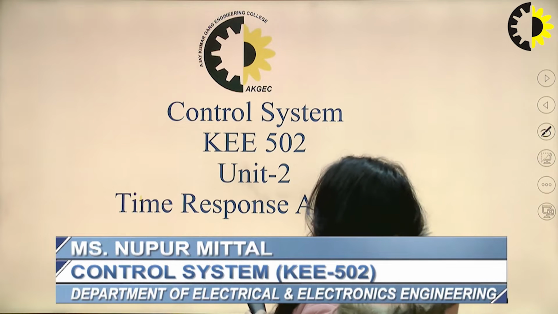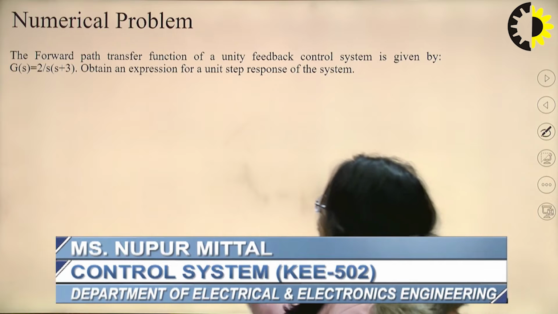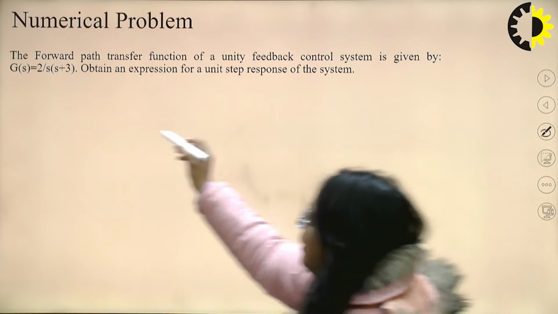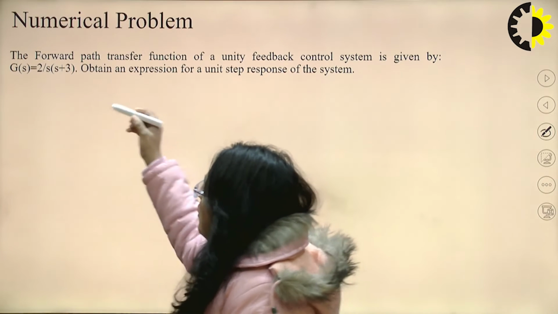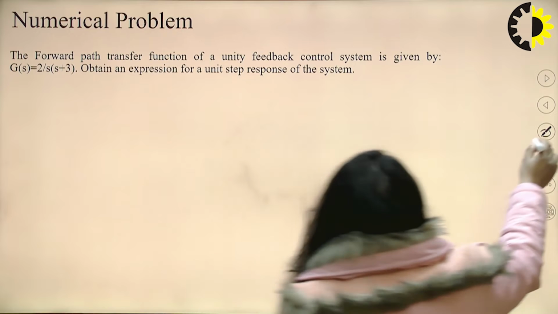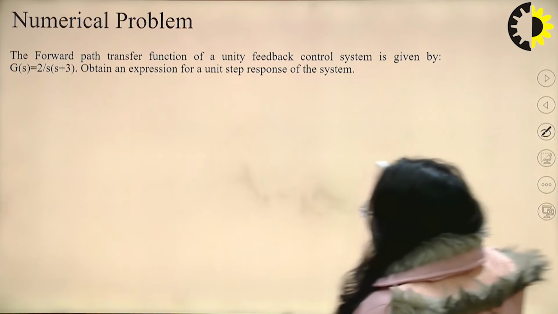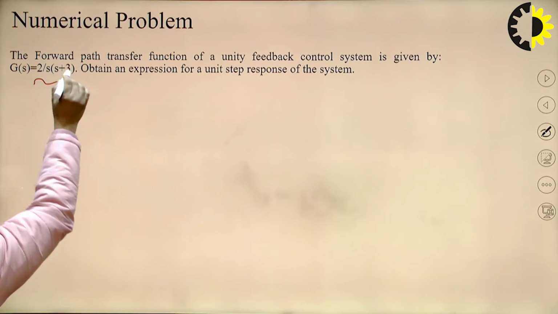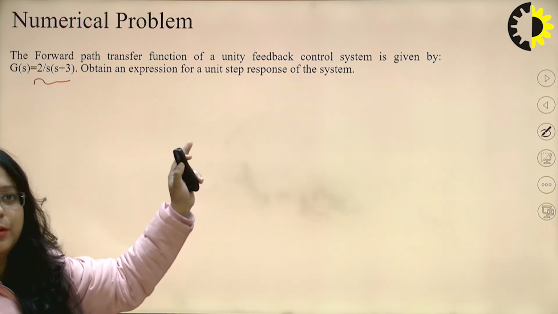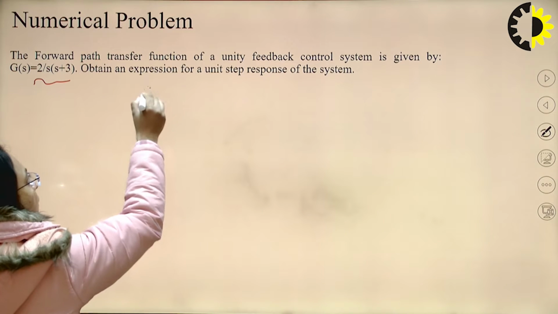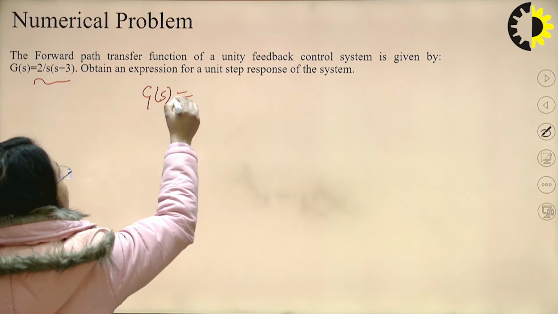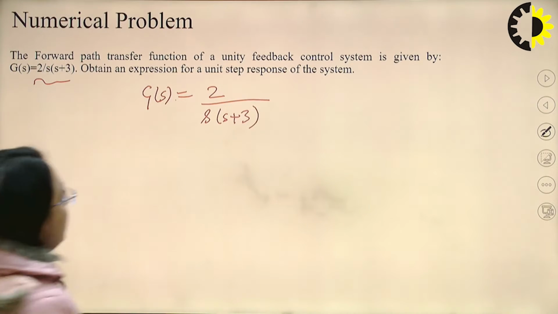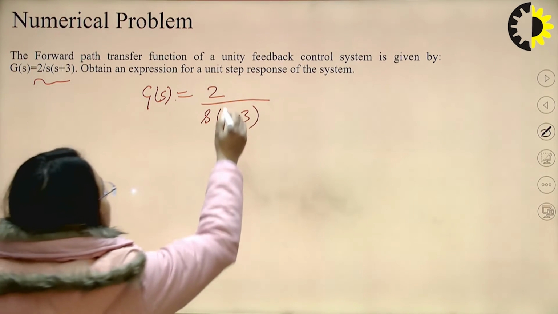So the first numerical here is: the forward path transfer function of a unity feedback control system is given by G(s) equals 2 upon s into (s plus 3). Obtain an expression for the unit step response of the system. So here they have given us G(s) equals 2 upon s into (s plus 3). You can see here it is a closed loop control system which is having a